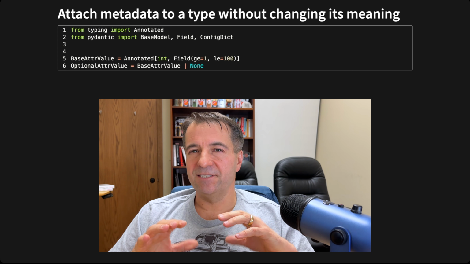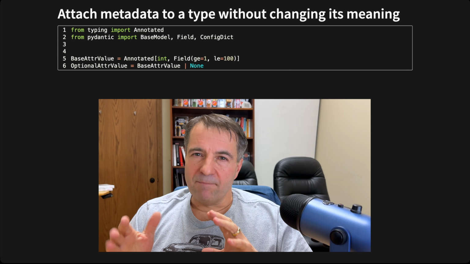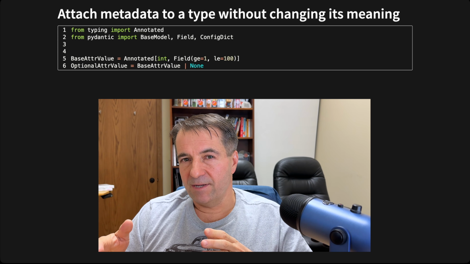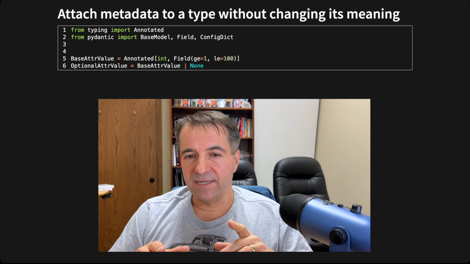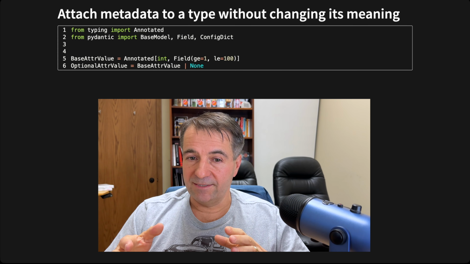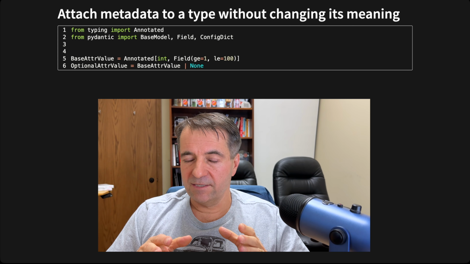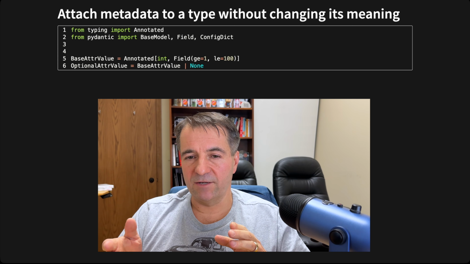Annotated is an amazing type annotation. It's a basic type, or any type, but you're adding metadata to the type. And the metadata is not just text. In this case, what I'm doing is I'm adding an object to it. I'm basically saying Field, and I'm passing two values into Field, ge equals 1 and le equals 100.